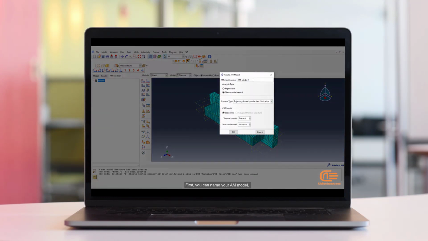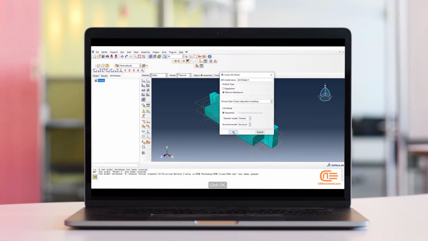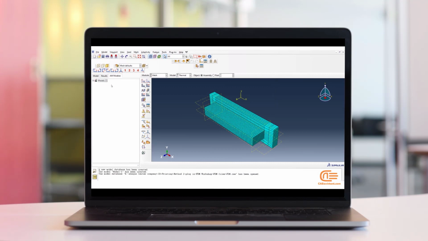First, you can name your AM model. Next, you must select the analysis type, which is thermomechanical. Specify the process type from this combo box, which is Fusion Deposition Modeling. In the following section, the thermal and structural models must be selected, which has been done automatically. Click OK. Now you can see that your AM model has been created, and there are 4 items that you need to